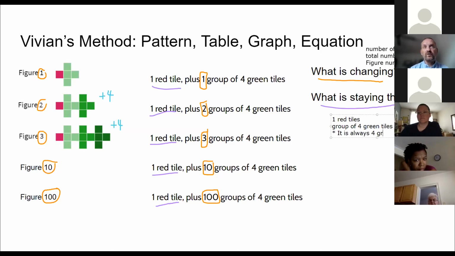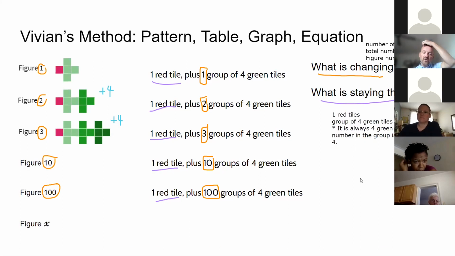It's always 4 green tiles. So I would say it's not that the 4 green tiles aren't changing, it's that the number in the group is always 4. Because we know the total number of groups is changing, right? There's 1 group of 4, there's 2 groups of 4, there's 3 groups of 4, but it's always 4 in the group, right? That's not changing. Okay, so